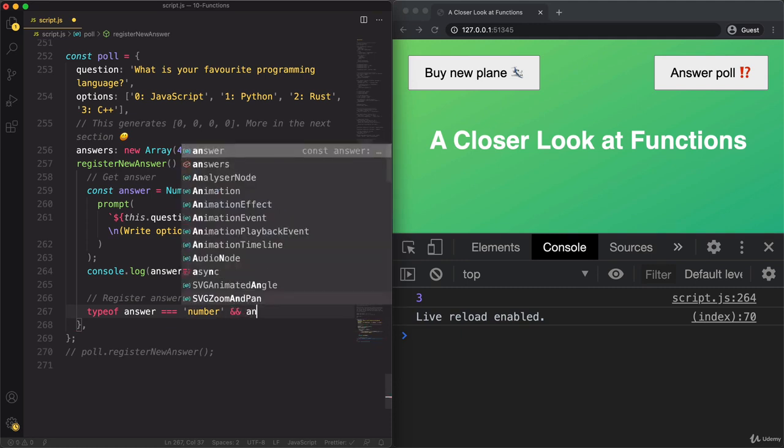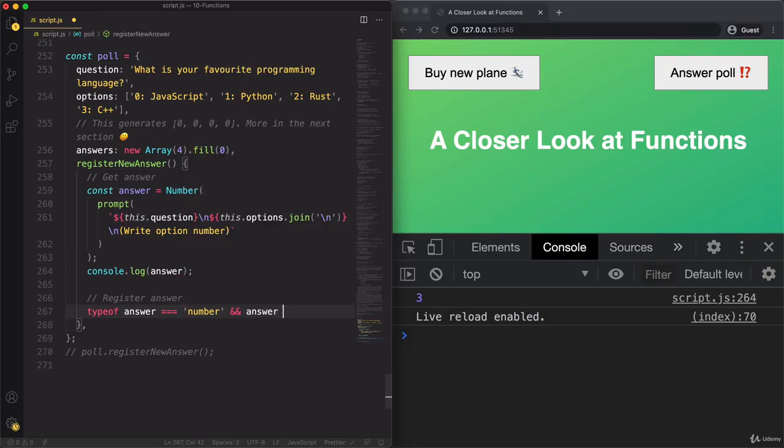And we also want to know if the answer is below the length of this array, basically, right? So if the answer is 10, then that doesn't make any sense. And so it must stay below the length. So the length here is 4. And so the max reply that we accept is 3. So answer needs to stay below